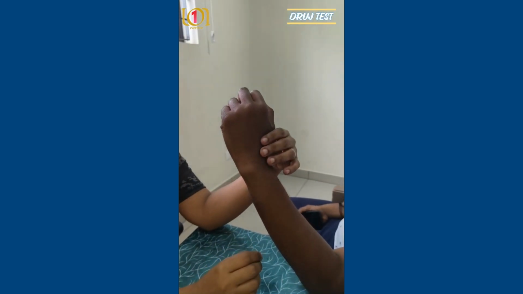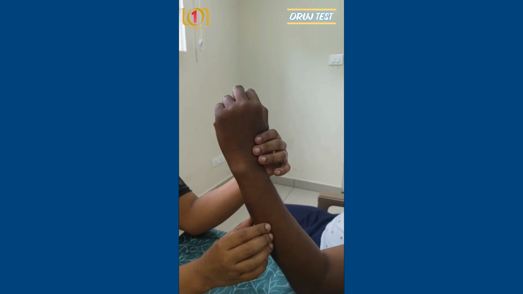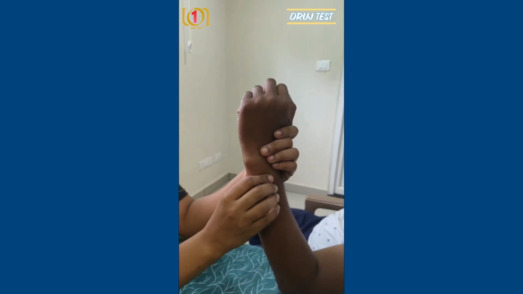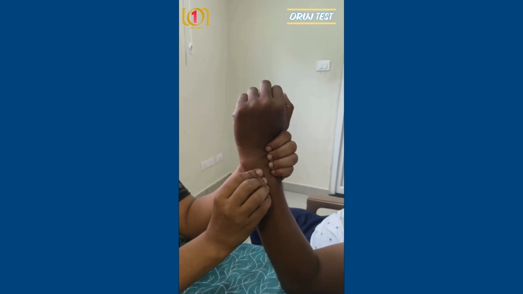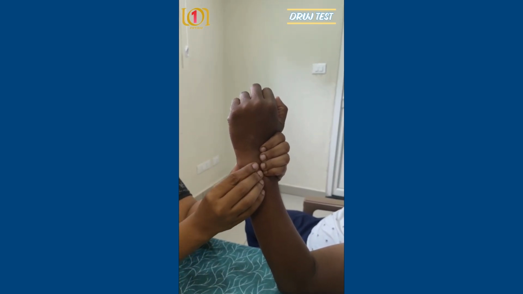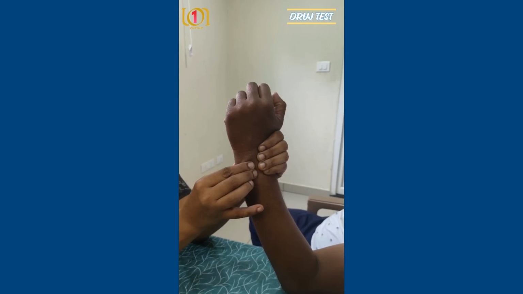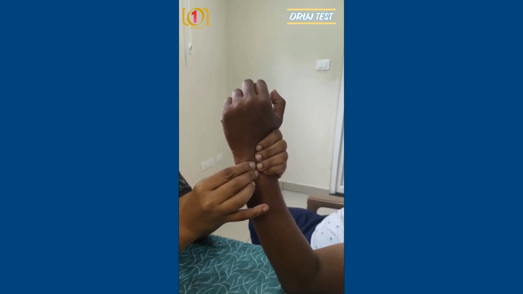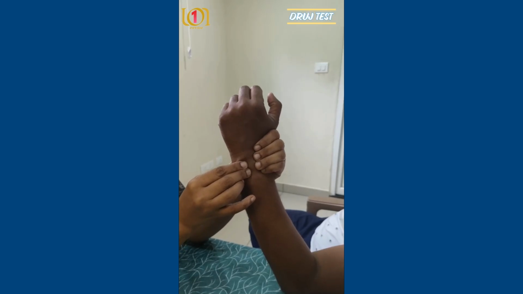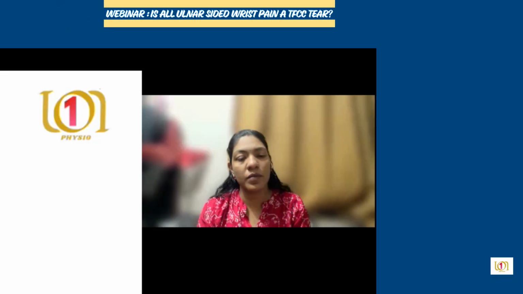Now we are going to perform a distal radio-ulnar joint instability test. The test name is Ballottement test, DRUJ Ballottement test. For performing this test, we will keep the hand facing upward, and we will hold the patient's radius with one hand. We will stabilize the radius, and we will move the ulna. We will hold the ulna and move the ulna dorsally and palmarly. If there is increased movement or the patient complains of more pain or symptoms during this test, then the test is positive.